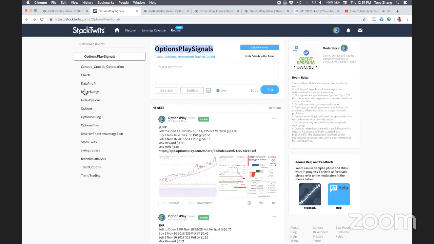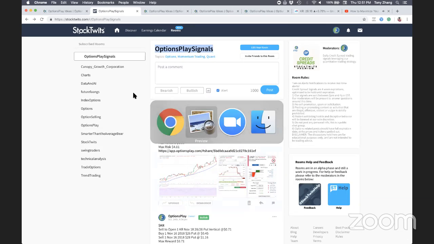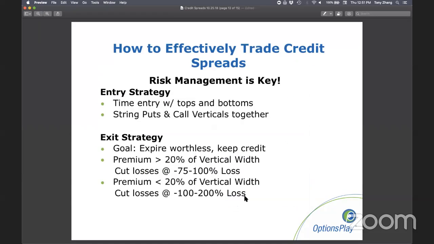Explain the 75 to 100% risk. I think the question here is regarding the cut your losses. This means that if you're collecting, let's say, $1 in credit, and that credit is now trading at $1.75 or $2, that's when you want to get out, because instead of going in your favor, where that credit is going to zero and you're collecting all that money, it's going the opposite direction, so you're losing money on that trade. So if you've collected $1 and that spread is now trading at $1.75 or $2, then it's time to potentially cut your losses and get out of that trade.